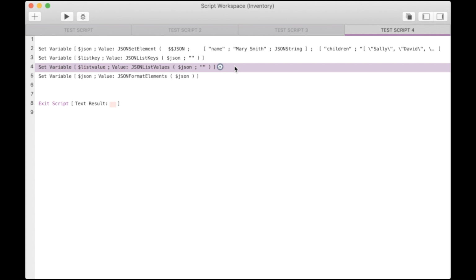JSON list values is similar, in that it takes two parameters, the first being the JSON text we're working on, and the second one also being the key or index or path that we are specifying within the JSON text layer. And again, if we leave it blank, it will list all the values within the first layer of the JSON text. So if we run this script,